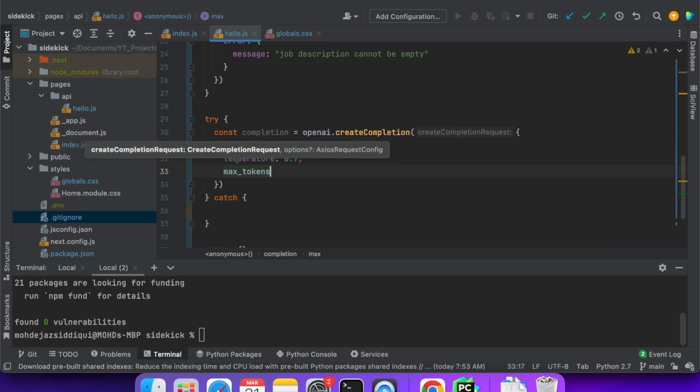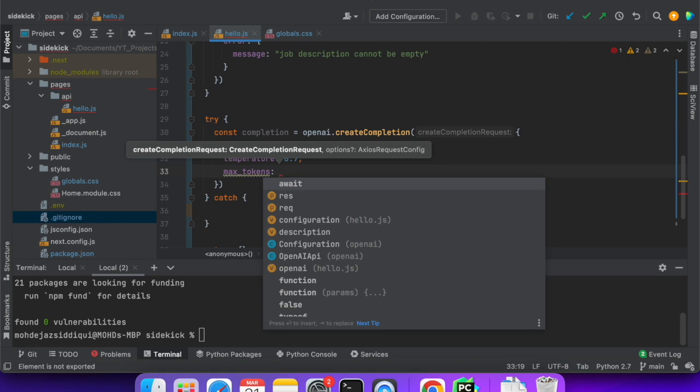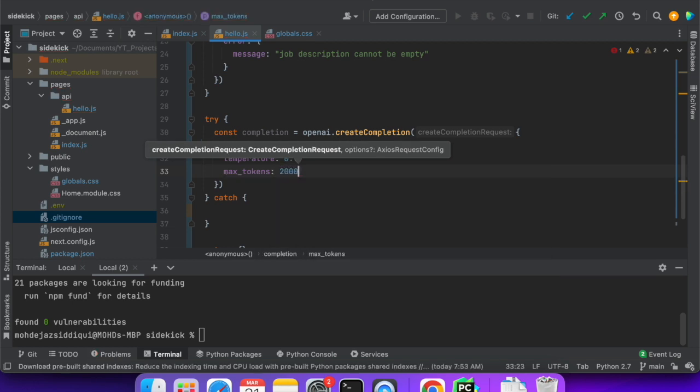And there is another field that we have to pass, which is max tokens. For DaVinci, I think the max tokens are 2048, that is the maximum tokens that we can use. So we'll set the tokens to around 2000, or we can keep it less also, like 1500, anything. It's okay, we'll stick to 2000 because we are expecting a larger response. And the model name, this is